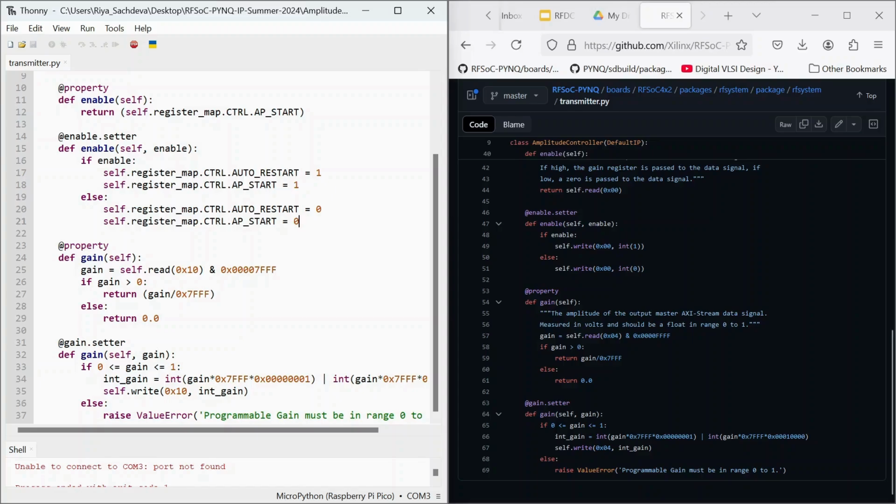Here also we define the getter and a setter. In the original IP, the gain value is stored at the register with the offset 0x04. But in our case, it is stored at the offset 0x10. The way we can find this out is in our HLS IP, in our HLS design,